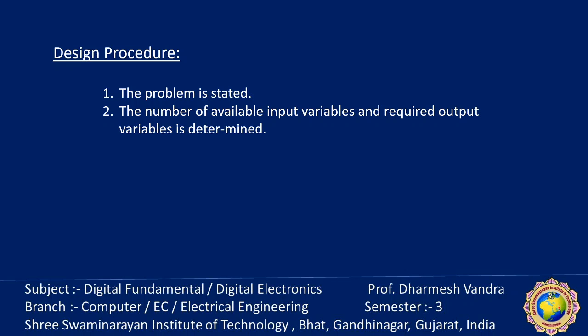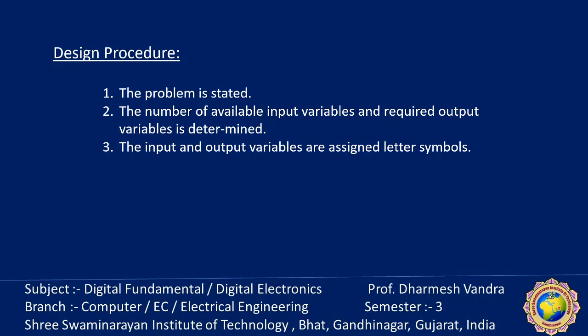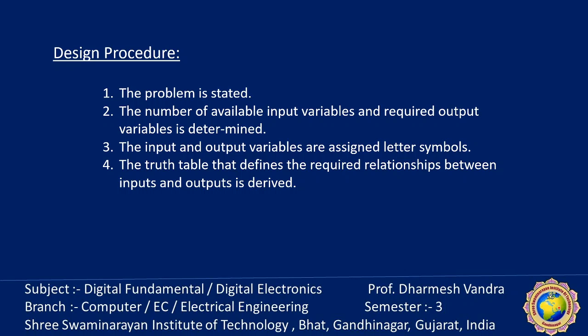Next, the input and output variables are assigned letter symbols, because we have to find the logical expression, and for that it is always in terms of alphanumeric codes such as A, B, C, D or W, X, Y, Z. Each and every input as well as output has a different assigned letter symbol. Then the truth table defining the required relationship between input and output is derived. For each and every possible combination of input, we have to identify what output is possible as per